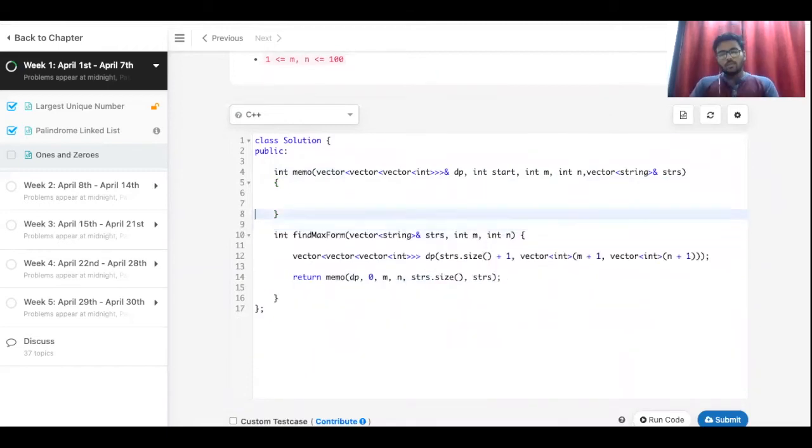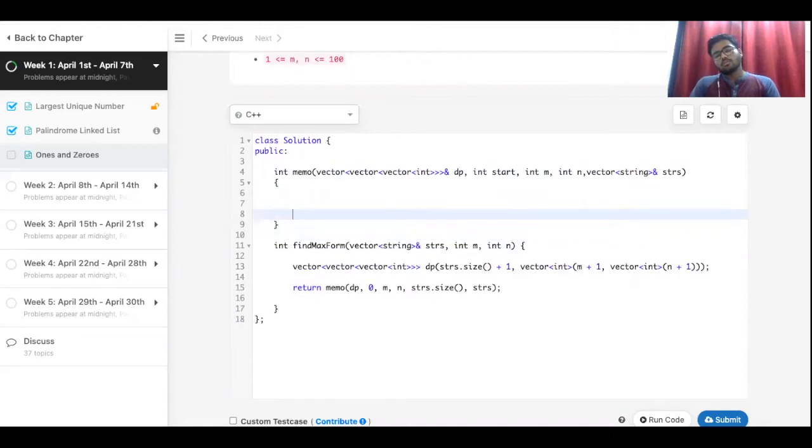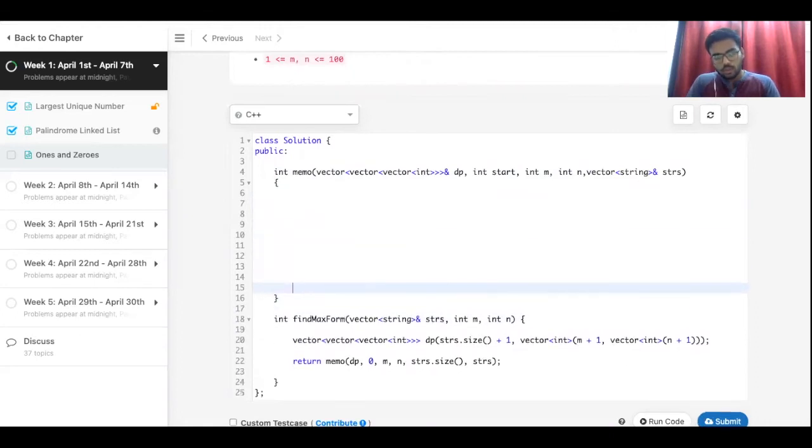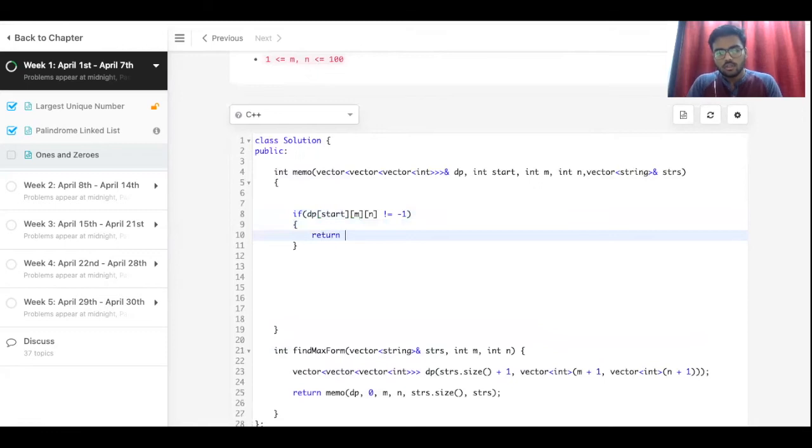So now in this memo function, what we have to do is write the base condition that every memoized function has. dp of start, then m, then n is not equal to -1, then return.